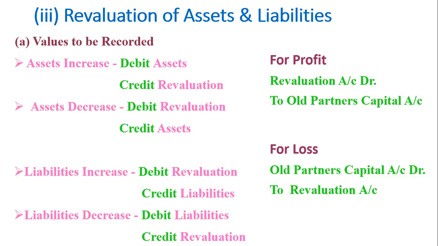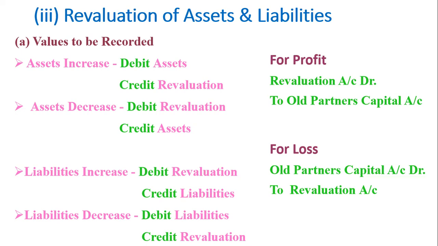So here we are opening a new account called the revaluation account, where we post all the changes in the value of assets. Either there may be an increase in the value of assets, or the value may decrease. Similarly, liabilities may increase or decrease. Any adjustment with regard to the value of assets and liabilities has to be taken into the revaluation account. That revaluation account will help us come out with a profit or loss. When there is an increase in the value of assets, the asset has to be debited and the revaluation account credited. When there is a decrease in the value of an asset, the asset has to be credited and the revaluation account debited.